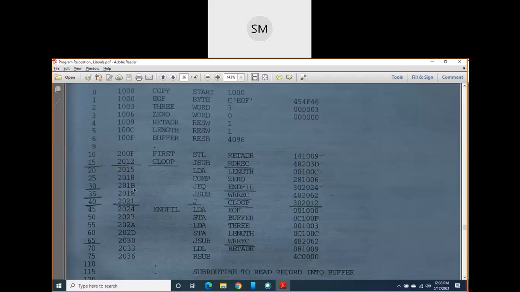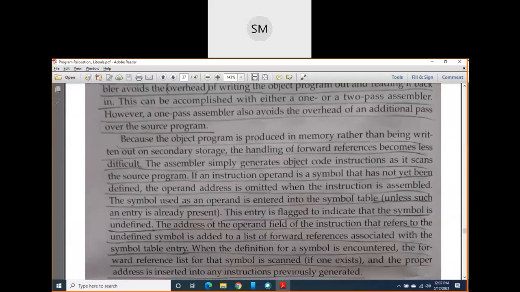Actually, up to 201B the COMP instruction is loaded, and the JEQ instruction will start loading into byte 201C. Then the next byte will be 201D, the next byte 201E. It means JEQ instruction occupied the bytes 201C to 201E. So that 201C we have written here in this linked list.